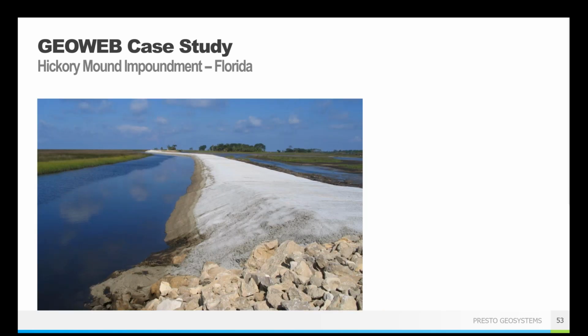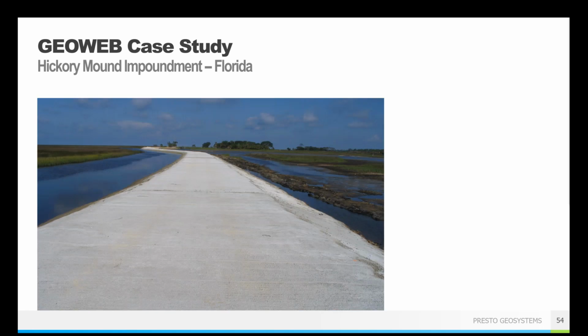All right, one last case study. So this is an impoundment pond. This was down in Florida. And so they were looking for a solution to be able to drive over the crest and the bottom of this pond for maintenance activities. So in this case, they chose concrete and they wanted it to cover both the slopes and the crest of the dam so that, again, it could have that drivable surface. And when the water was drained out of this pond, they could drive down the slopes and drive on the bottom of the pond for any maintenance and clean out activities that they needed to do.